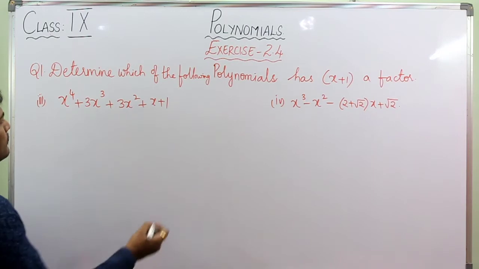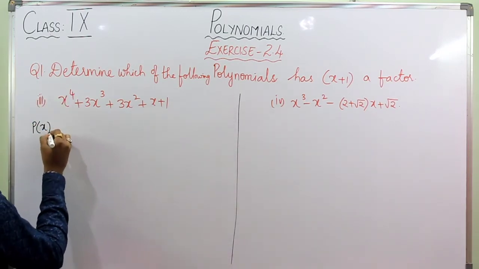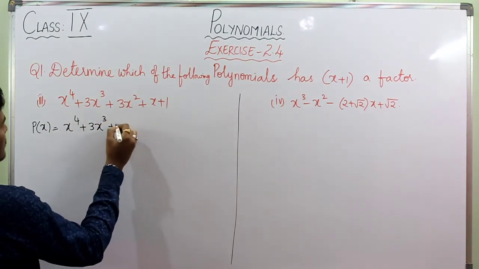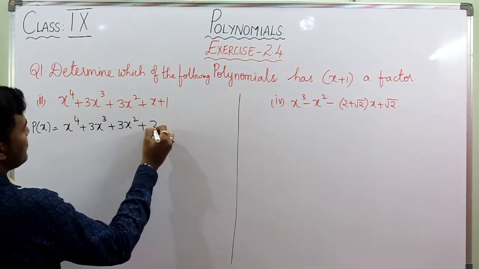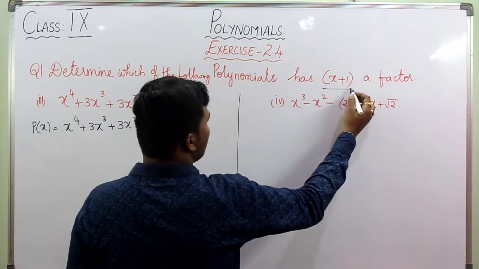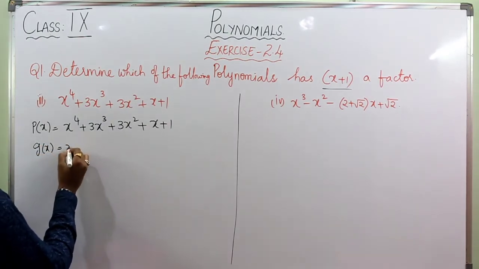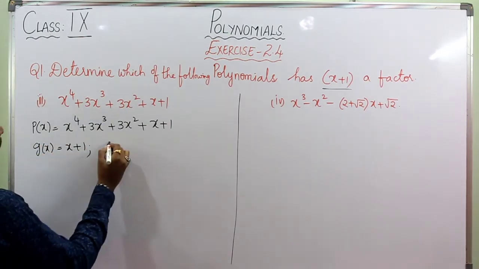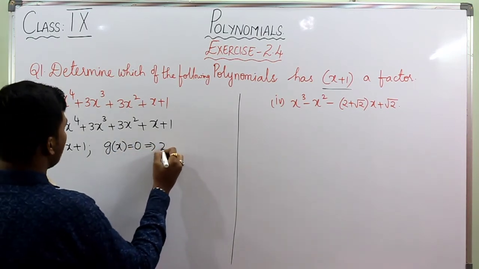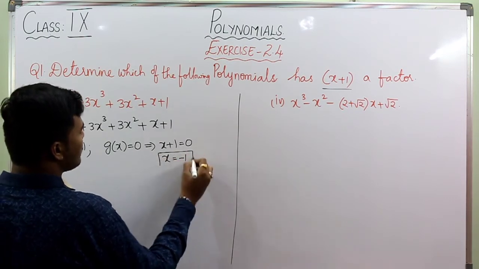The next problem, the p of x is given as x to the power of 4 plus 3x cube plus 3x square plus x plus 1. So we have to check whether x plus 1 is a factor of this or not. So our g of x is x plus 1. In order to check, g of x will be equated to 0. This implies x plus 1 will be equal to 0. From that, x is equal to minus 1. So let us